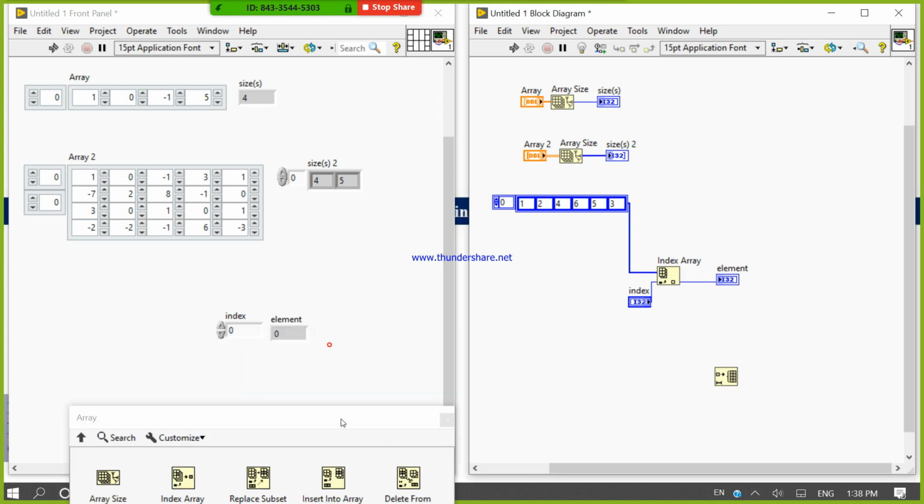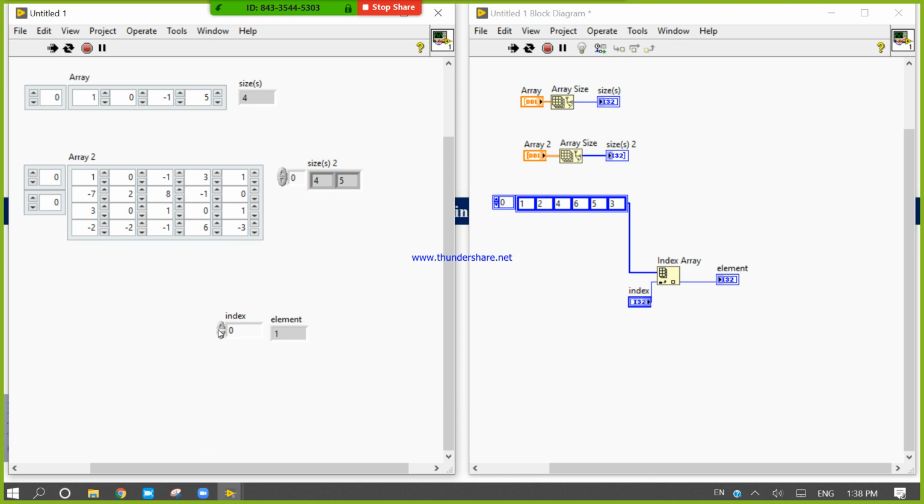Here we use index and element to create the array, and by using this we break the array by index. Now if I run, in the 0th location 1 is present, in the first location 2 is present, then 4, 6, 5, 3.